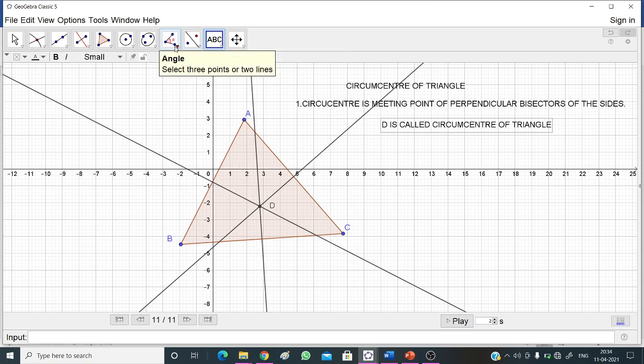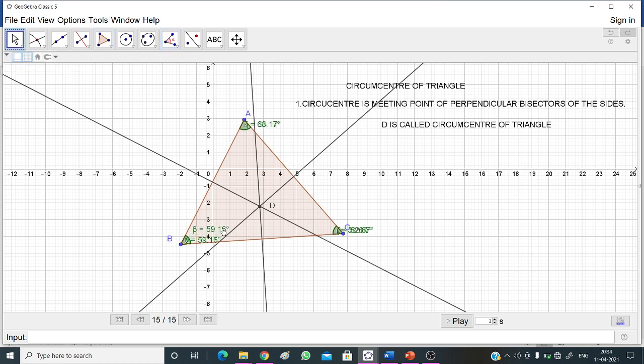So now draw its angles. These are the angles of the given triangle.